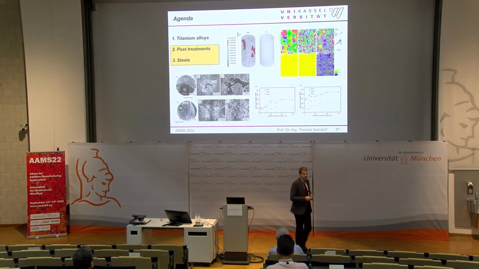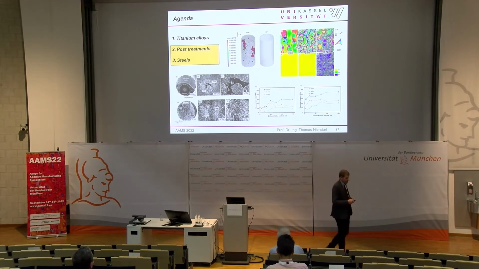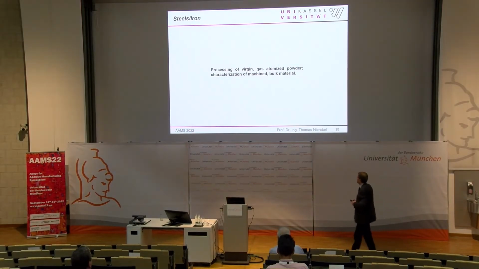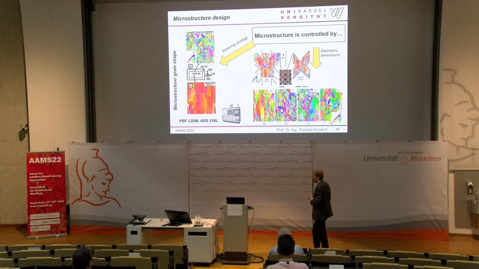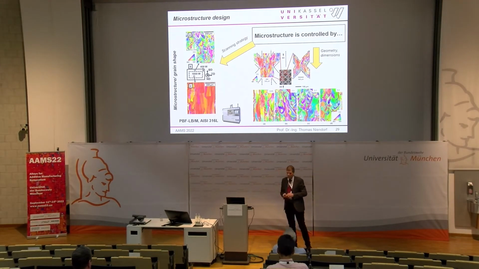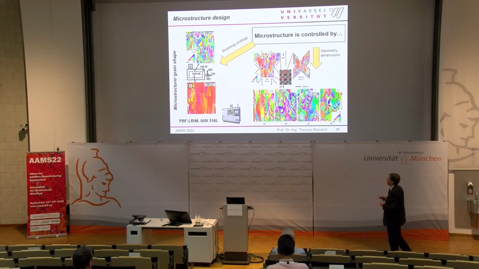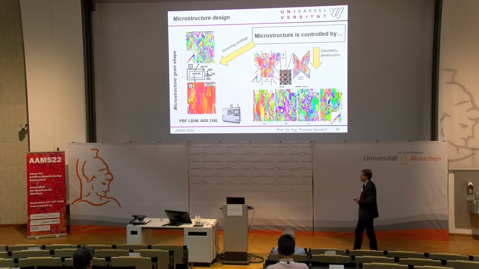Good, this was the story about Ti64, and now we want to look at the steels. Again, I start with the standard gas atomized virgin powder, and looking at microstructures. We already saw a lot of nice microstructures before in Matteo's talk, and here we see that we are able to tailor microstructure by using this machine as well. So a columnar grain microstructure, fine grain microstructure done in one build, and we transferred this to nickel as well,